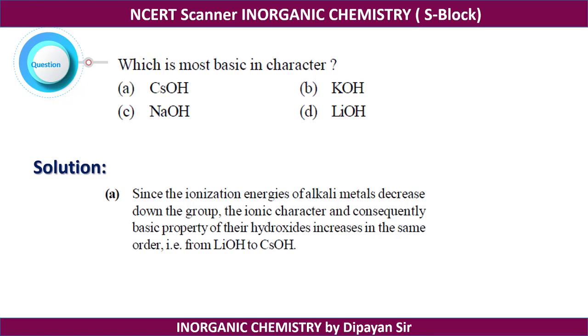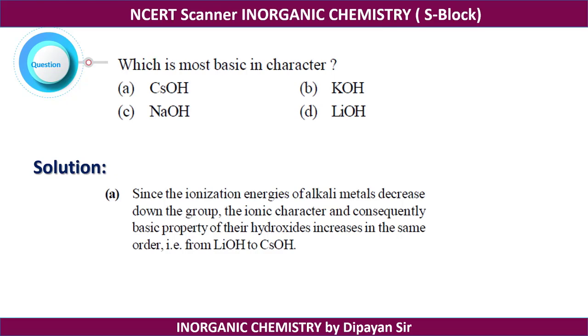Most basic represents that it can easily give OH minus, and it will dissociate into Cs plus and OH minus. So if the bond strength between cation and anion is less, it can easily give that OH minus. If you compare the charge density, cesium is larger in size, so the positive charge density on cesium is less, whereas oxygen is very small in size, so the negative charge density over oxygen will be more. If we compare the hard soft nature, cesium will be a soft metal, whereas OH minus will be a hard anion.